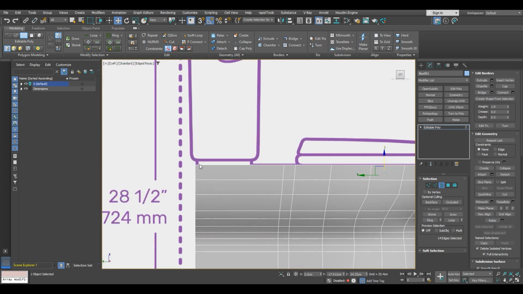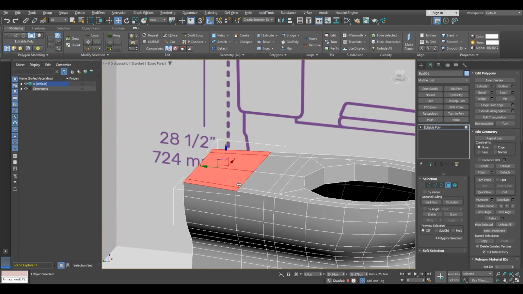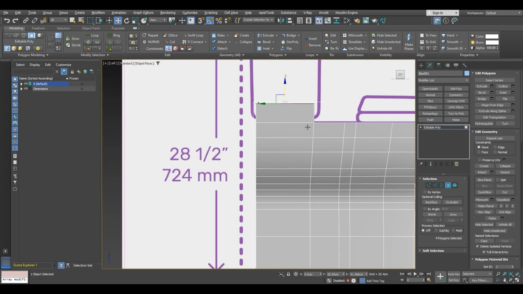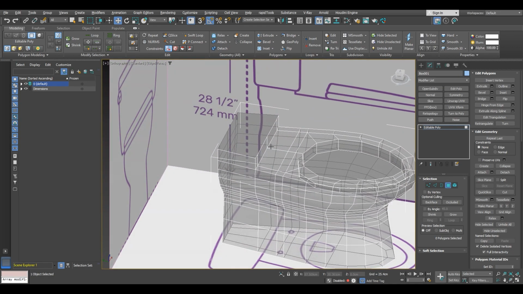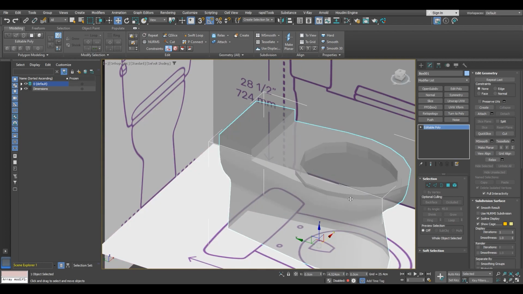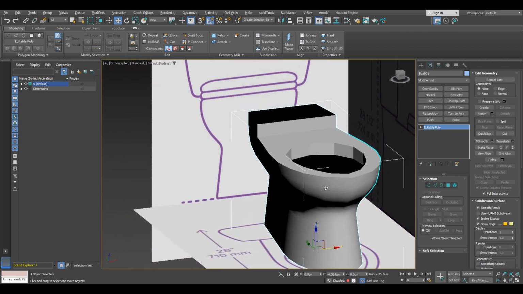Now we also here have this ridge, which we will add a swift loop right here, so we can select the top polygons, these 4 polygons, and by holding shift and dragging we will extrude them up. When we've done that, we will also delete these polygons. Now double check the model if it looks good, just see if you're missing anything or whatever,